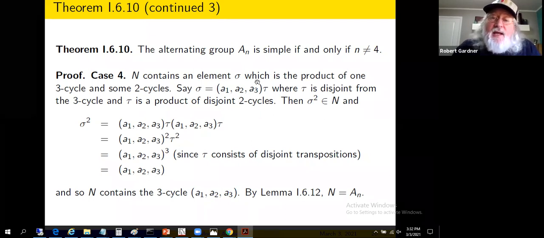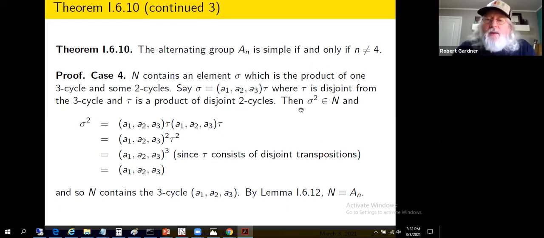Let N contain an element sigma, which is the product of 1 3 cycle and a bunch of 2 cycles. Say sigma equals (A1 A2 A3), a 3 cycle, times some tau, where tau is disjoint from the 3 cycle and tau is a product of itself disjoint 2 cycles. So the longest cycle we have is a 3 cycle. All the other cycles are 2 cycles. Then